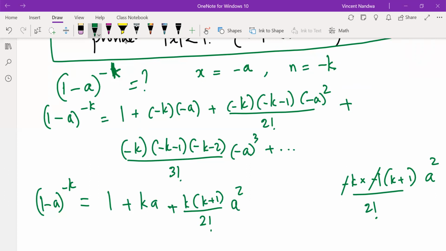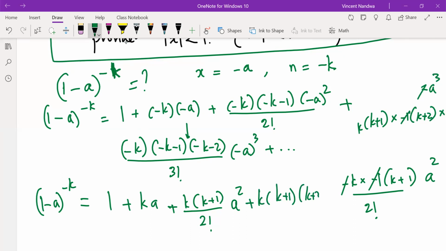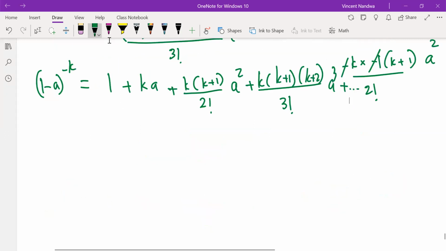In this case, up to this point I have k into k plus 1. For this other term, I factor out negative 1, then k plus 2. And when you say negative a power 3, since 3 is an odd number, we have a negative sign. It's like we're multiplying by negative a power 3. So this negative and negative cancel out, so we just have k into k plus 1, k plus 2 over 3 factorial a power 3 plus several other terms. So therefore, we are claiming that